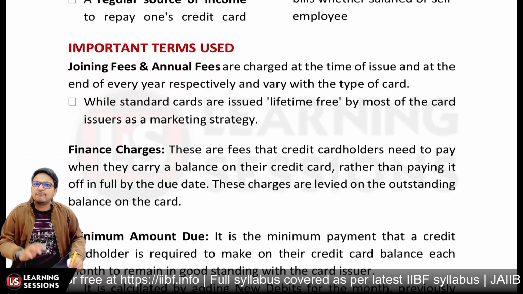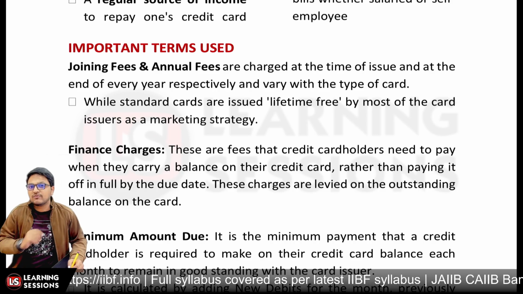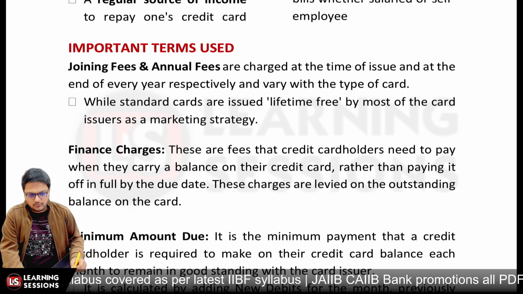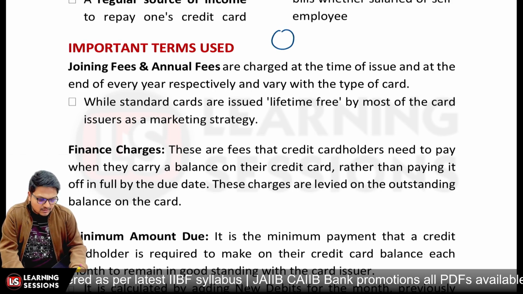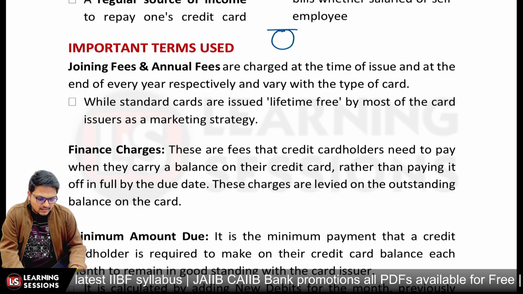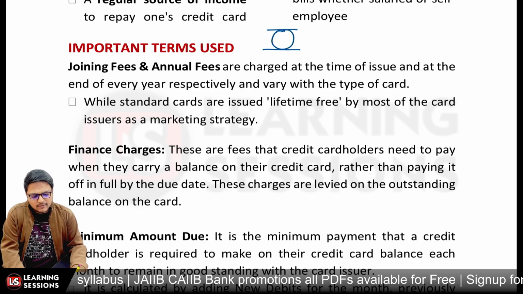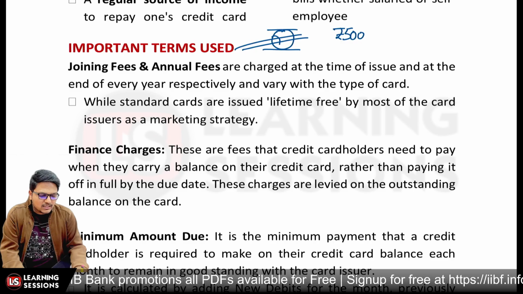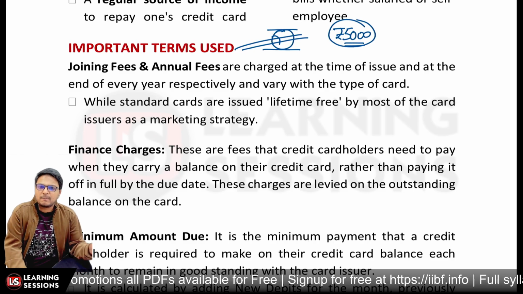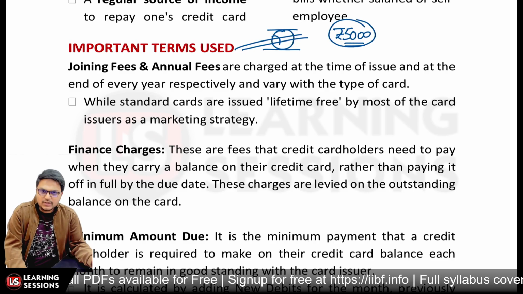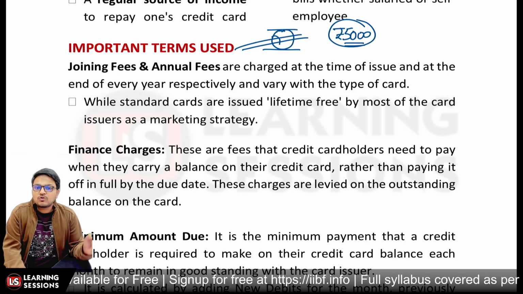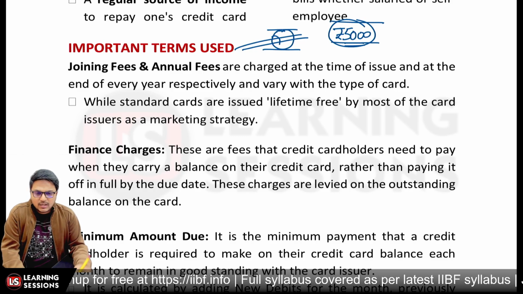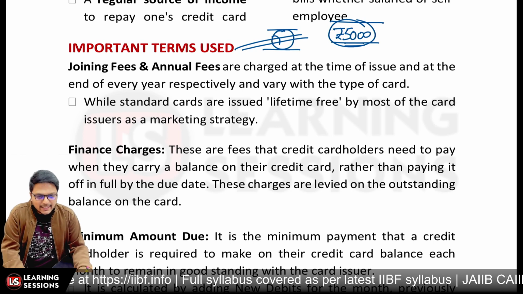Further, let's understand the different important terms which are used when we are actually seeking a credit card over there. It's first of all related to joining fees and annual fees. Let's say in case you received a telecall related to a credit card being offered to you, and further they say if you get this particular card, there is a fee of rupees 5,000 per year which is associated, and you have to spend rupees 5,000 every year so as to maintain it. So that's actually related to what, that's a joining fee. So whensoever you will be joining, you have to pay that particular fee, and it may also be annual fees.